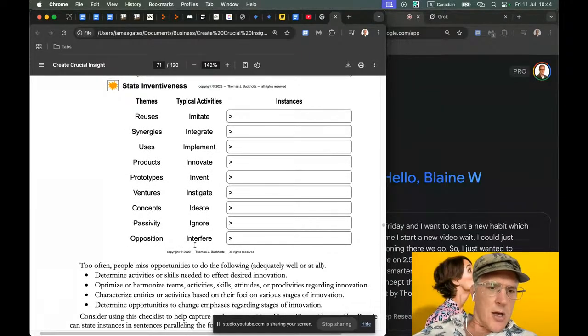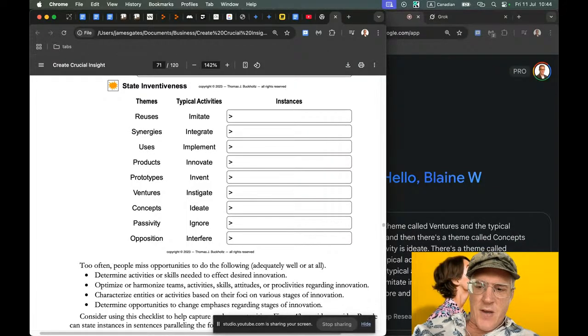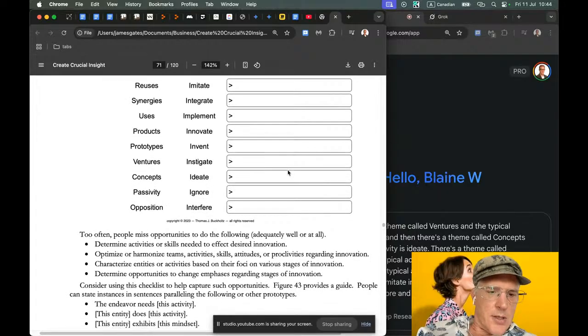Then there's a theme called concepts, and the typical activity is ideate. A theme called passivity, and the typical activity is ignore. A theme called opposition, and the typical activity is interfere. So you can see that the 9 I's: imitate, integrate, implement, innovate, invent, instigate, ideate, ignore, and interfere, are the main ideas. Thomas Buchholz says to determine activities or skills needed to effect desired innovation,